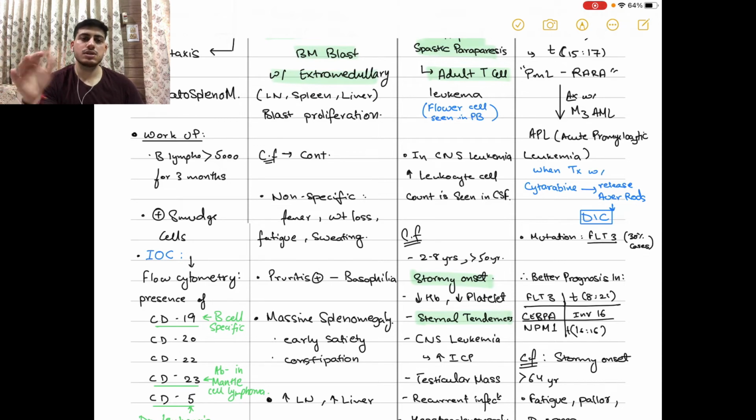Okay, its job was very specific. It will go and kill. But what happened after killing the cell, the Auer rods will come into the circulation and it will cause DIC. That was the problem that would lead to death, not because of the cancer but because of DIC. Okay, that's why we changed the medication for this specific M3 type of AML. It used to occur in M3 type of AML most commonly, so we changed the medication and we started to give